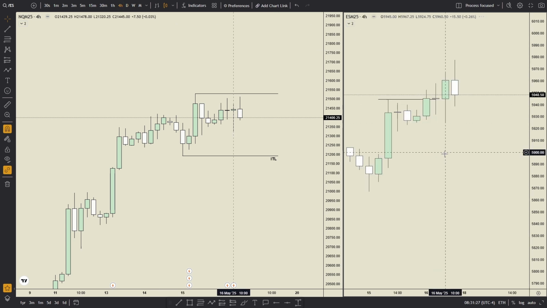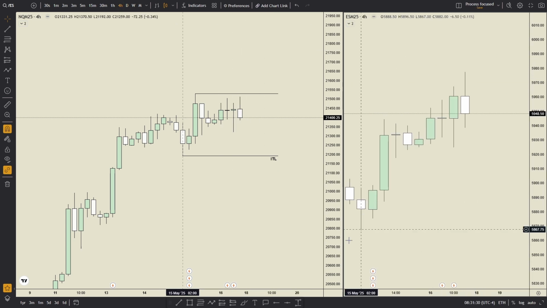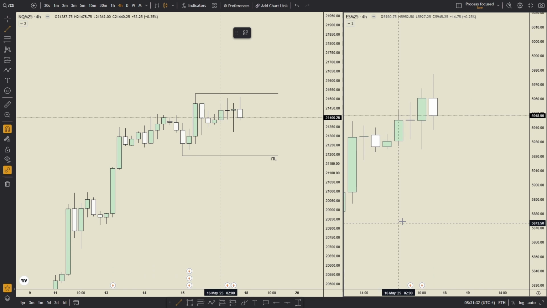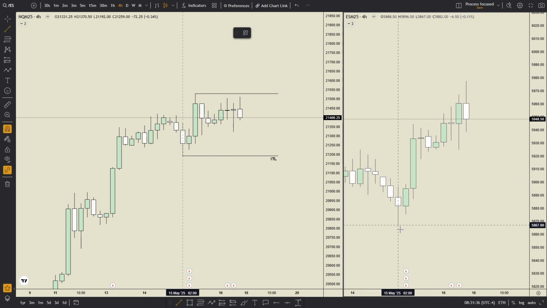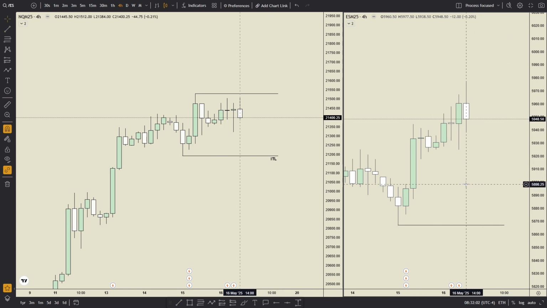Now dropping down to the 4-hour on ES, we have the same 4-hour low, right? Where is it? This is the same 4-hour low here. So the easiest way I use to find these is using the cross, and notice the cross in the center